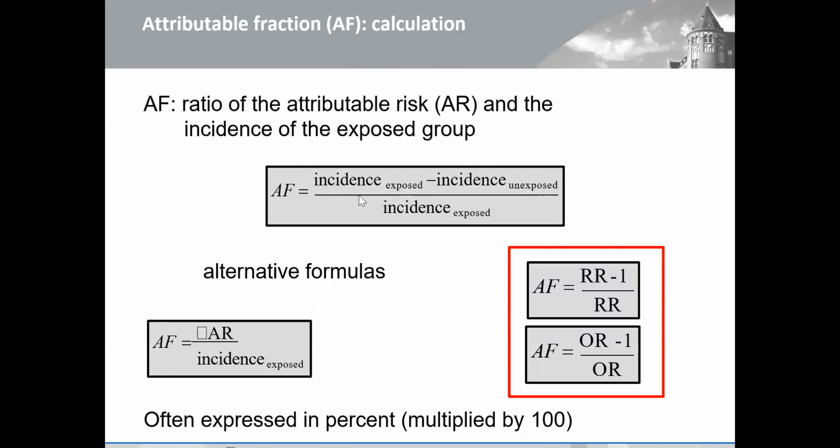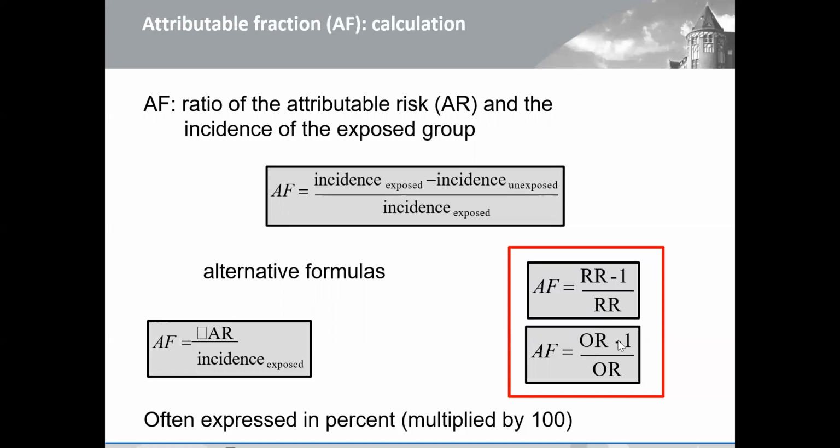It's just the same formula: incidence in exposed minus incidence in unexposed over the incidence in exposed. Then you get your attributable fraction. There are also other formulas which you can use, this risk difference over the incidence,